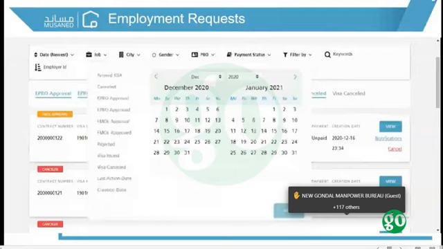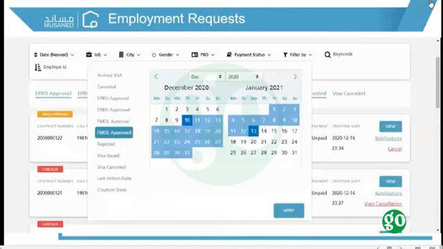For example, if I click on the status foreign MOL approved and I select the desired date range, then system would display employment requests that ever had the status foreign MOL approved during this specified date.